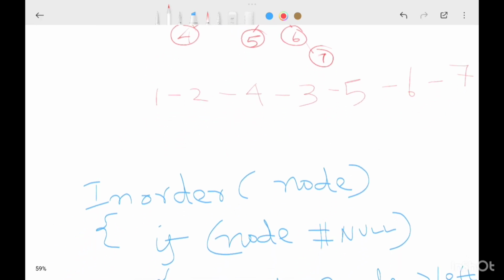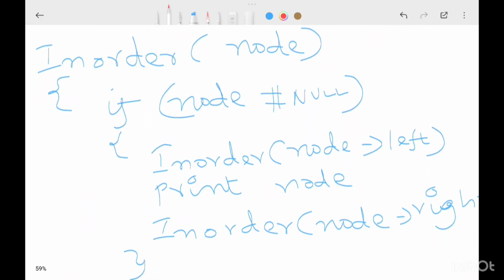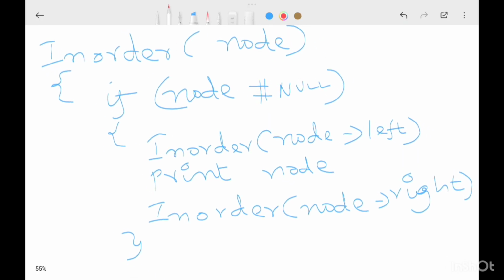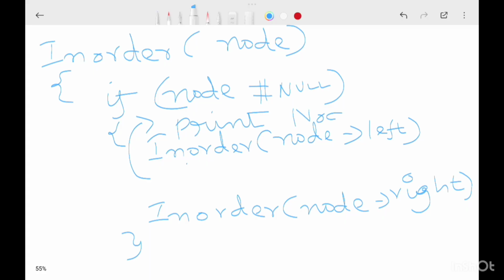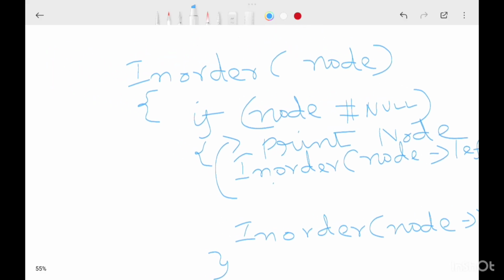Now, how is this pre-order implemented? By using the same recursive function, but with a simple change: in the pre-order, before the left child is visited, the node is printed. So this print node should be written here, before the left child. We have to print the current node first. That is the simple modification in the pseudocode of the recursive function implementation. Since this is pre-order,